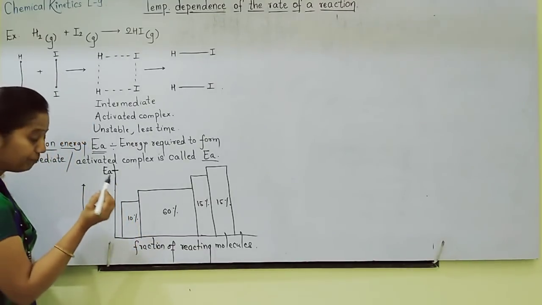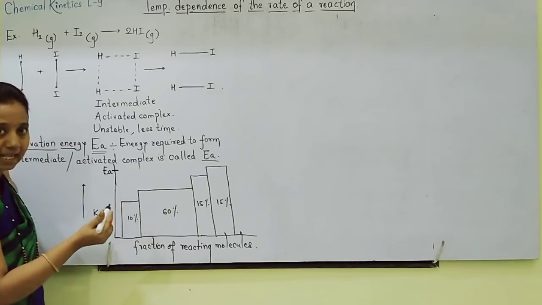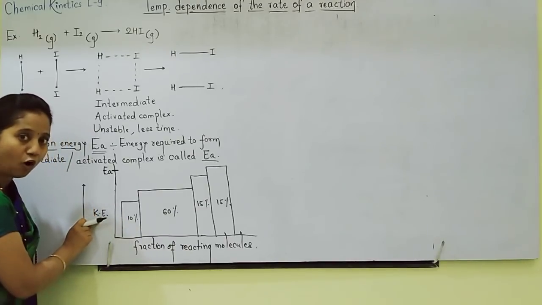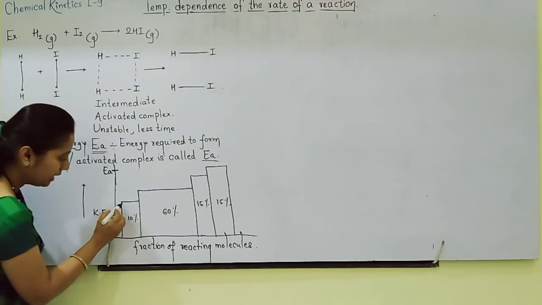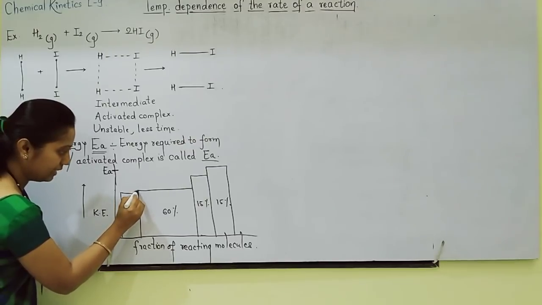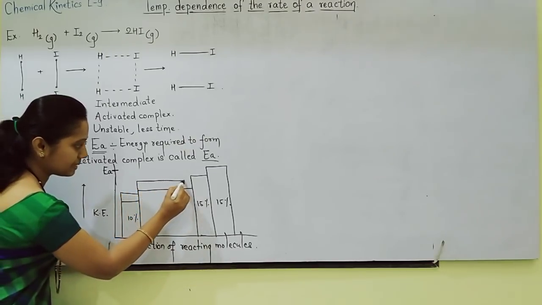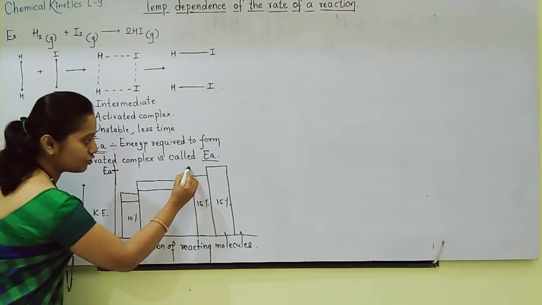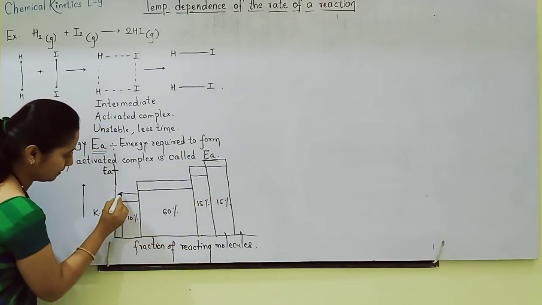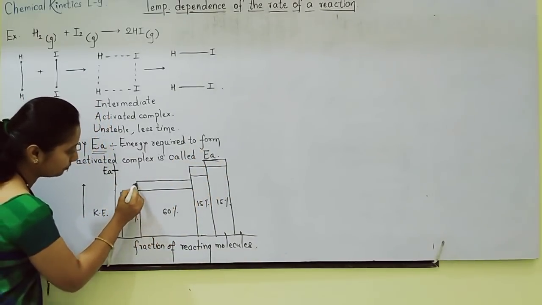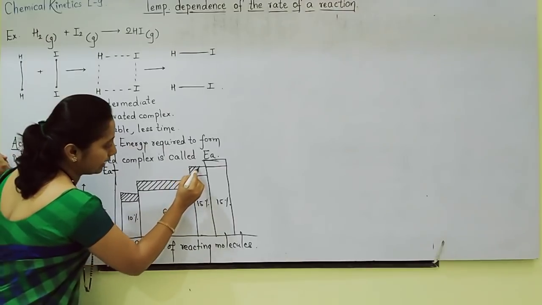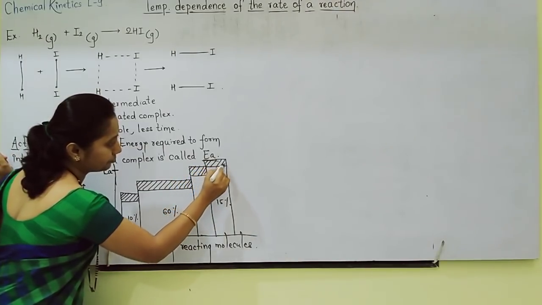So now see here properly. Imagine that in an experiment I increase the temperature by 10 degrees. What will happen? Kinetic energy of all reacting molecules will increase. Imagine that this kinetic energy increases up to this. These molecules' kinetic energy also increased. These molecules' kinetic energy also increased. And whatever molecules were there, their kinetic energy also increased. This much increase you can see. Increase in kinetic energy you can see very well.